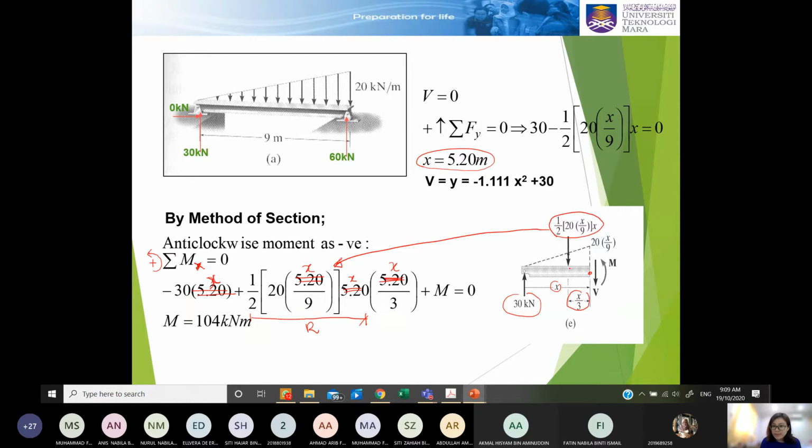Okay, so it will be acting counterclockwise. Therefore, it is positive here. And then the last one will be this moment in the system. There will also be counterclockwise, also positive here. And then plus Mx equal to 0. So now you need to leave the Mx at the left and the remaining go to the right. So can you form an equation for me here, now in your notes? So this will be negative 30x. This will be plus